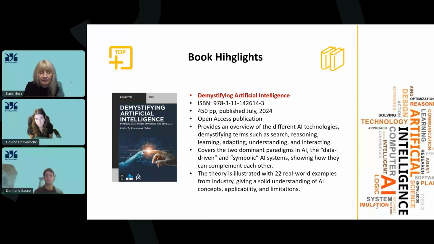And of course, you know that if this is a possibility for you, if you have institutional funding, there's nothing better that you can do for your research and your book than to make it publicly available by an open access publication, because it's scientifically proven that content gets cited and has a divulgation which is so much wider compared to non-open access. And Demystifying Artificial Intelligence is a very strong book, a collection of chapters edited by a